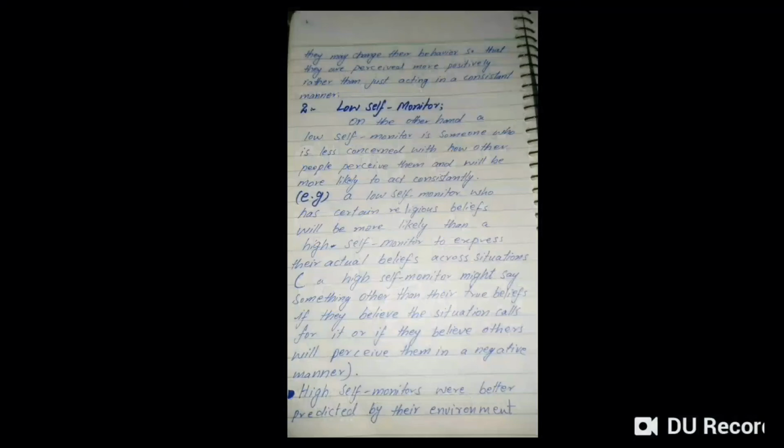नंबर 2 है low self-monitor. On the other hand, a low self-monitor is someone who is less concerned with how other people perceive them. इसमें जो सेल्फ मोनीटर है, लो सेल्फ मोनीटर, वो इस बारे में बिल्कुल केयर नहीं करते कि दूसरे इनके बारे में क्या सोचते हैं, इसलिए वो कंसिस्टेंटली अपना रवैया जो है वो कंसिस्टेंट रखते हैं, उसमें कोई चेंज नहीं लेके आते. ठीक है, तो